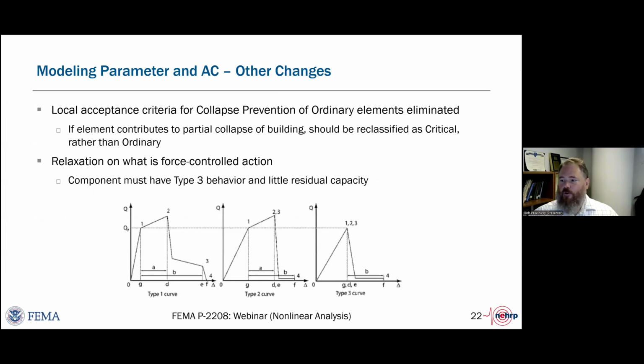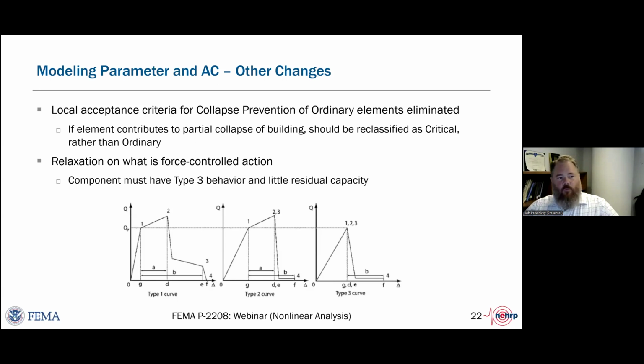The reason for this is giving us the ability to then have ordinary or non-critical actions with no need to check local collapse prevention acceptance criteria and really rely only on the global metric of unacceptable response, which is a better indicator of global collapse.